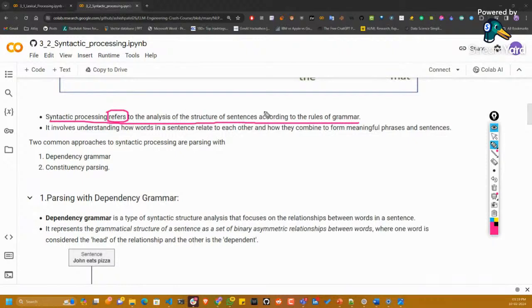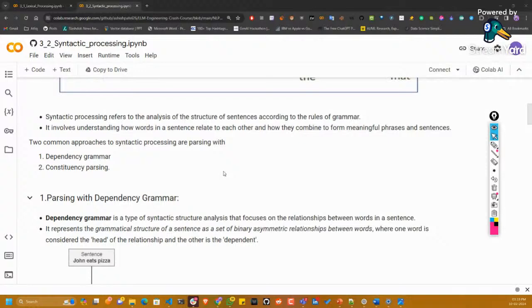Same way, you can see that in accordance with the rules of the grammar, the noun phrase, verb, and determiner try to make one big form of the sentence, right? And this big form of the sentence is basically known as syntactic analysis. Okay, so in syntactic analysis, basically we are going through